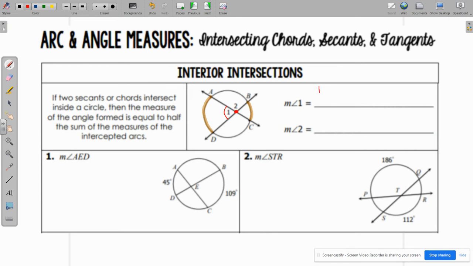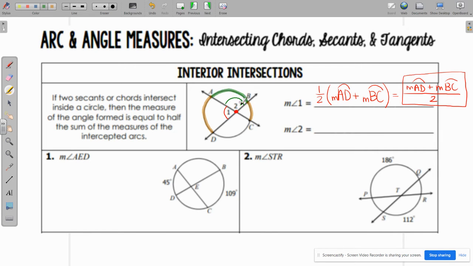So angle 1 is equal to half of the sum of the measure of arc AD and the measure of arc BC. You could also write it as the measure of arc AD plus the measure of arc BC divided by 2. And oftentimes I utilize it in this format because it's easy when we start to set up a proportion and solve for missing pieces. So then the measure of angle 2, this angle up here, that angle intercepts this arc